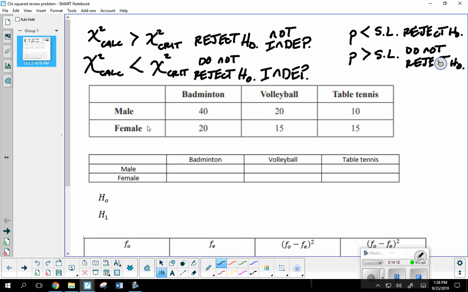Anybody else want to chime in? Anybody else thinking my sentence is good? What's that, John Henry? There you go. So nobody else? All right. I like to say something just straight to the point, a lot of what Jacob was saying. I would probably say something to the effect of gender and choice of sport is independent. Straight to the point.